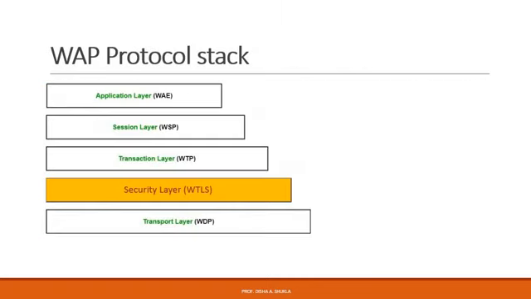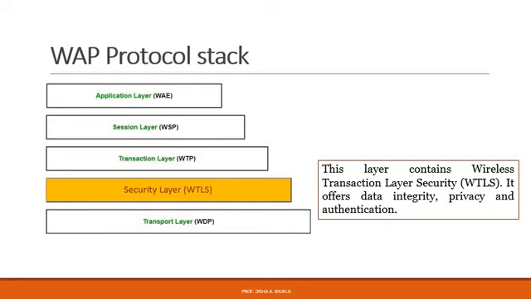The next protocol that we have is implemented at the security level, and it is called the wireless transport layer security. It offers data integrity, privacy and authentication. So the wireless transport layer security protocol is an optional layer providing the secure connection to the upper layers. WTLS does the cryptography-oriented feature of WAP. WTLS handles the decrypting, user authentication by digital signing and the data integrity checking.